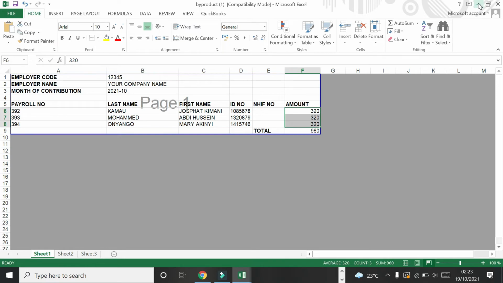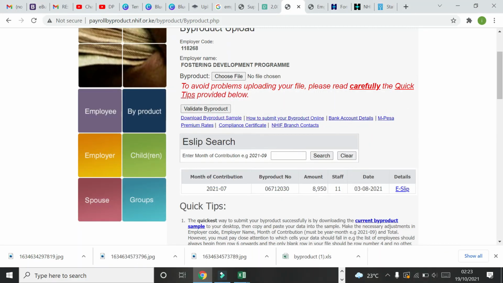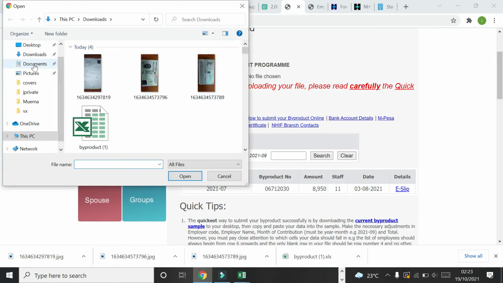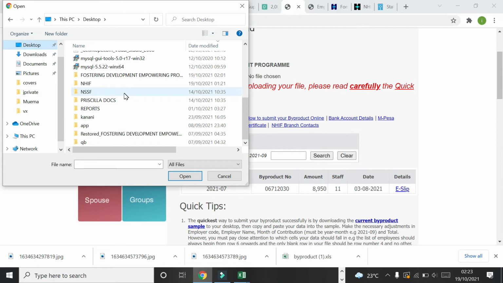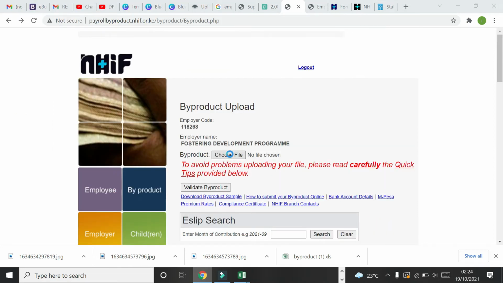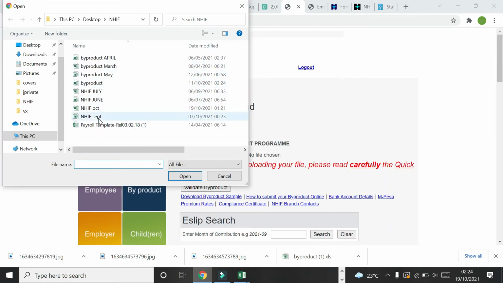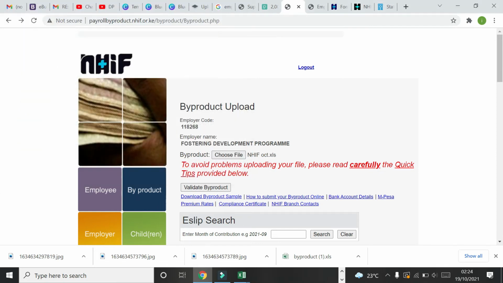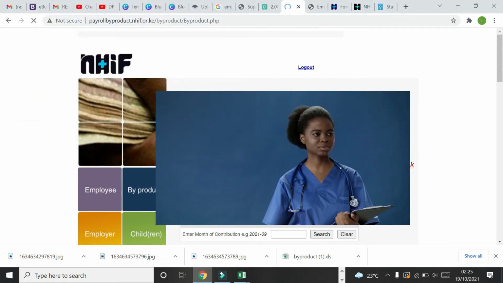After you have filled in this data, the next step is to choose the file back on the website where you have saved it. So in my case, I have a folder called NHIF, and I've prepared the NHIF for the month of September. Also the month of October. I will click open. I will validate my byproduct,